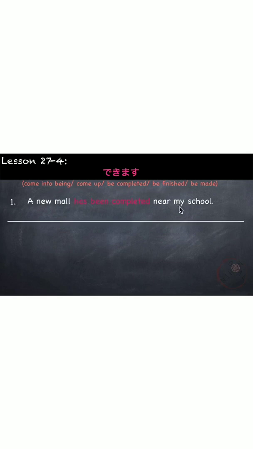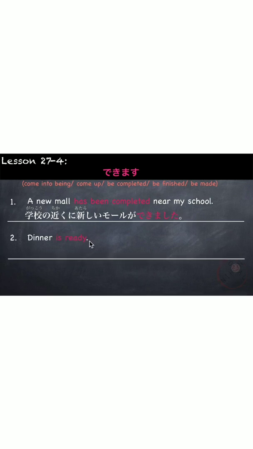Next is できます。We first learned about the word できます in lesson 18, which means to be able to or can. Here we will learn another meaning of できます, which are come into being, come up, be completed, be finished, or be made. For example, a new mall has been completed near my school. 学校の近くに新しいモールができました。